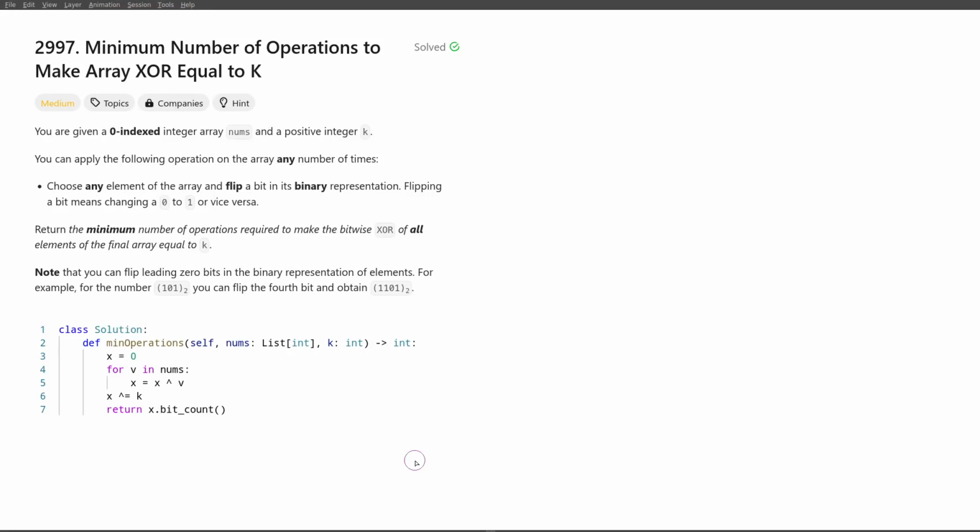Hello everyone, today we'll talk about the problem minimum number of operations to make array XOR equal to k. We're given an array of positive integers and some number k, which is the target, and we have to make sure that the XOR, so bitwise exclusive OR, of all the numbers in our list is equal